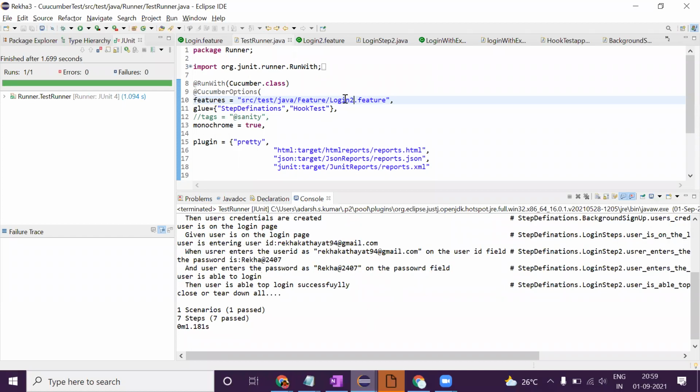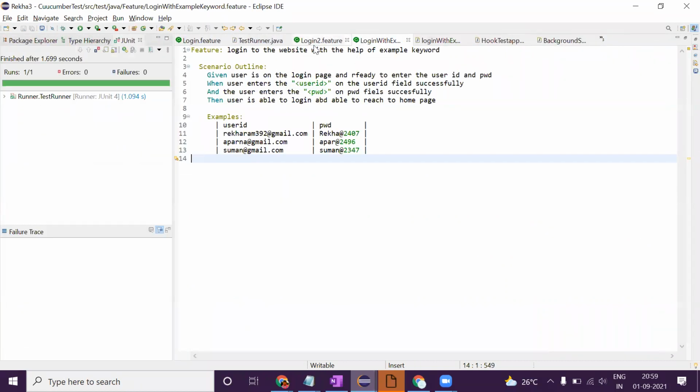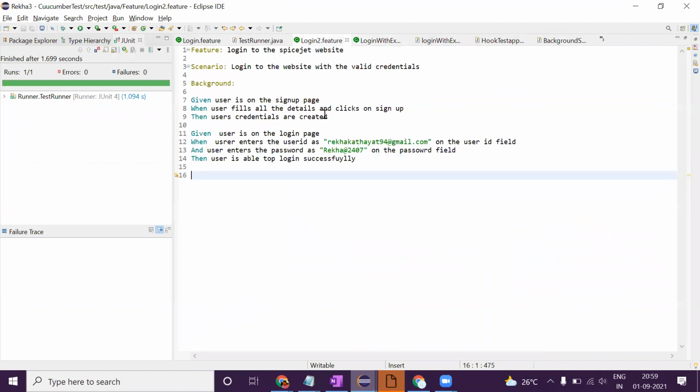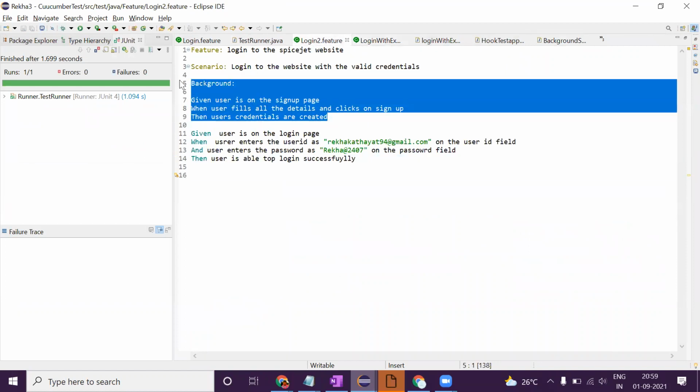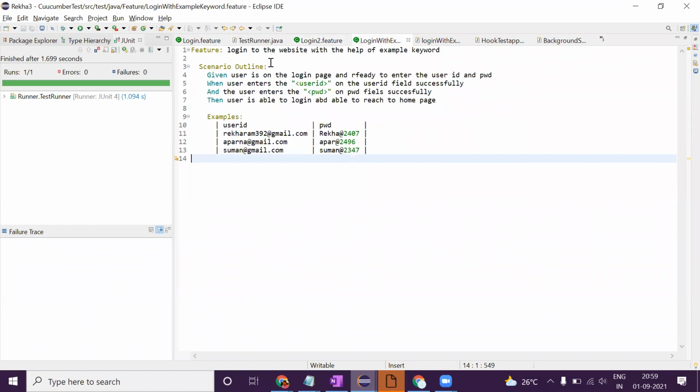Now the same thing we can try out for this lengthy feature file. I'll cut this and paste it here.